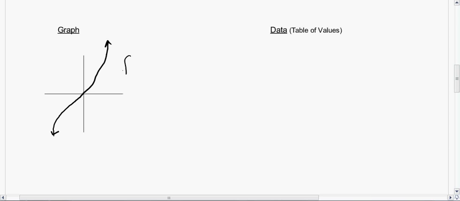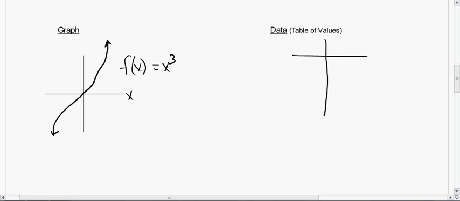So that's a graph of f of x equals x cubed. And of course the line, you know what that looks like. So these are all the graphs of a function or an equation. And then the last, of course, would be a table of values,